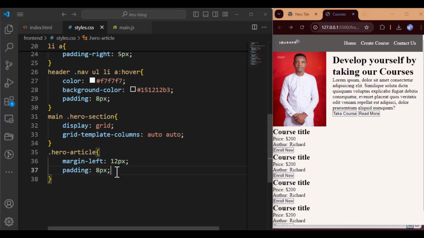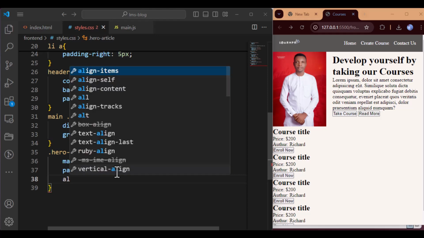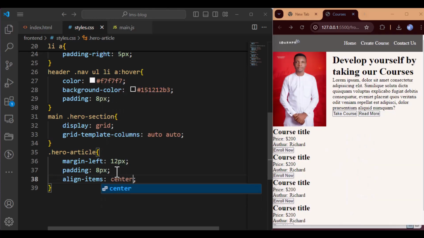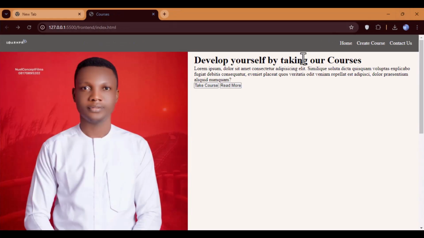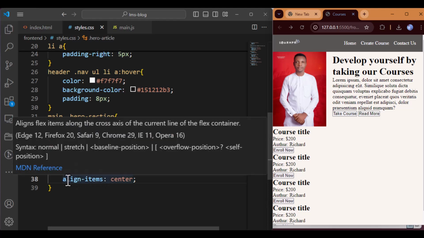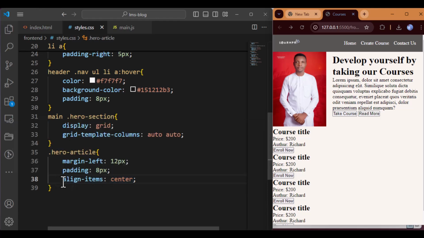And we would also want to align the items to center. Let's see what we have. So I think align item is not supposed to be here. Okay,